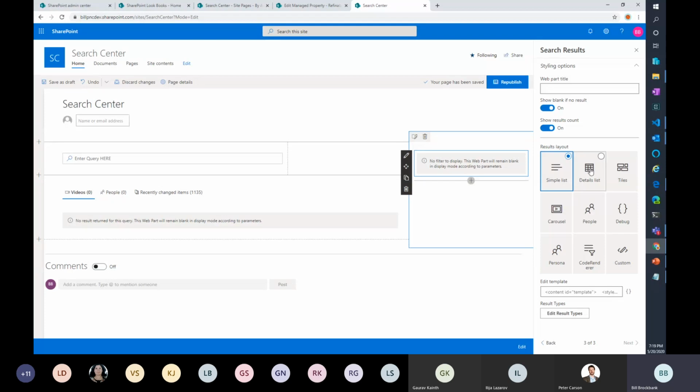I'll get some data so we can see it. There's a grid format, like a tabular format. There is a document format. But the one that really stands out is a carousel. So if you're doing a content query and you wanted to put a carousel of documents together, you could use this as a content query and have a carousel with very little effort. There's the people search capability